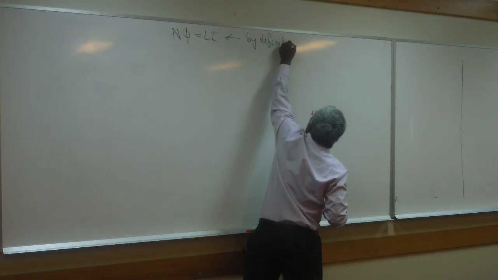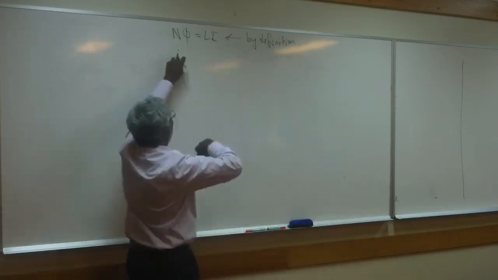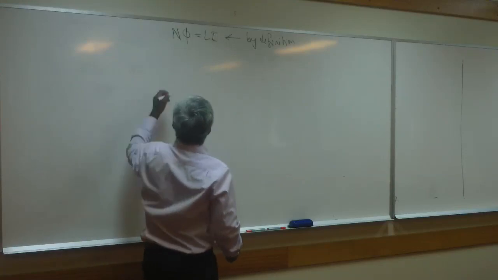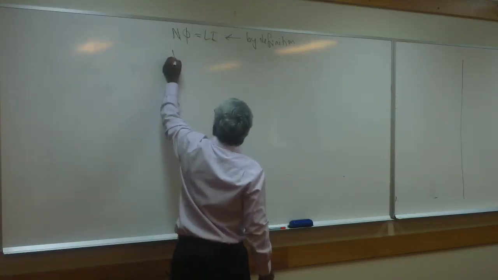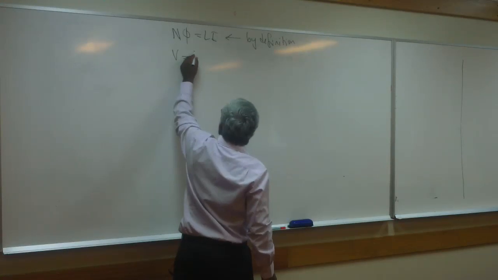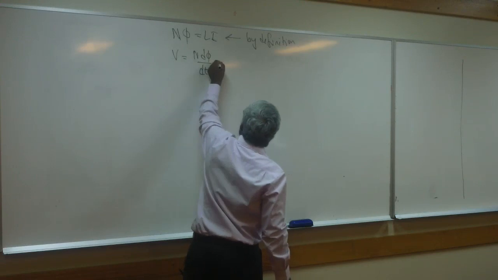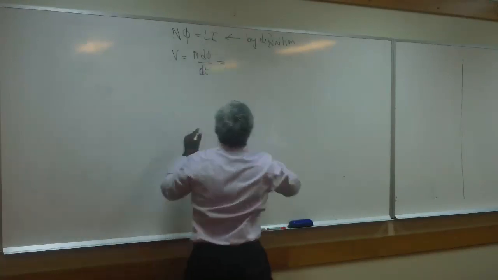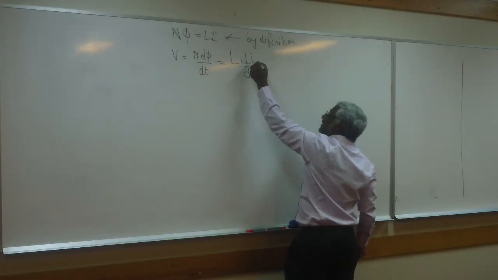So this comes from the fact that we observe the amount of flux is proportional to current. And then we go to Faraday's law. So Faraday's law gives us V equal to N dΦ/dt, which, if you now apply that, has to be equal to L di/dt,